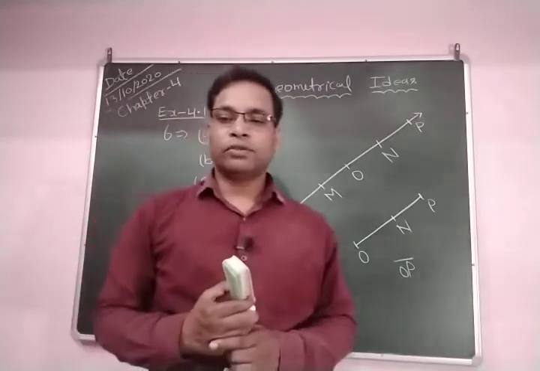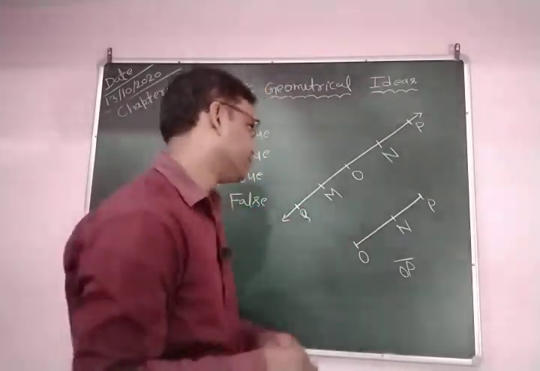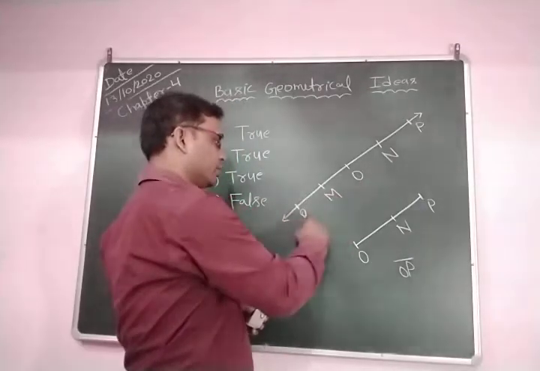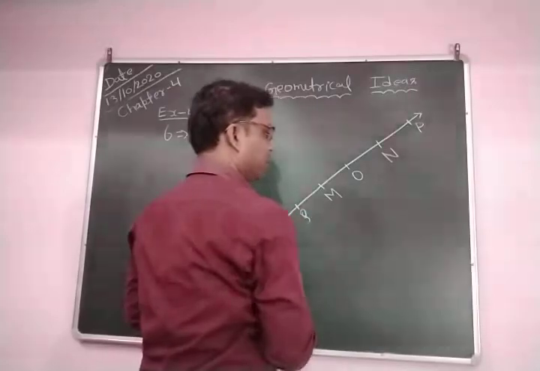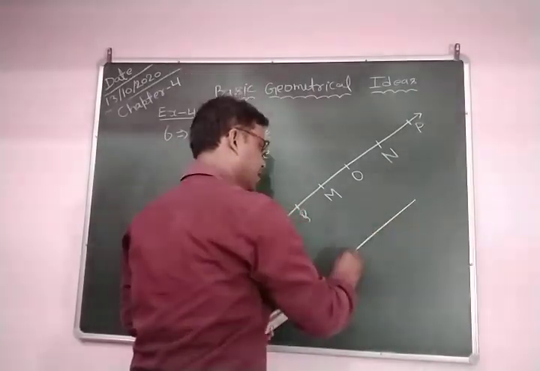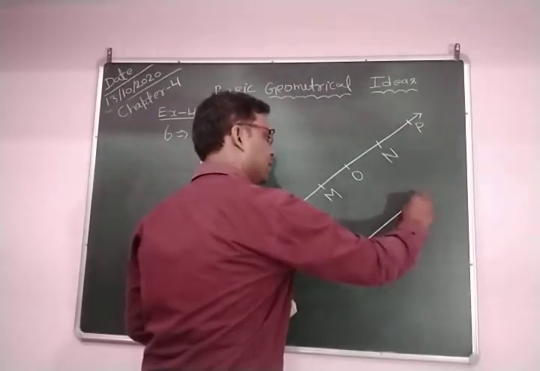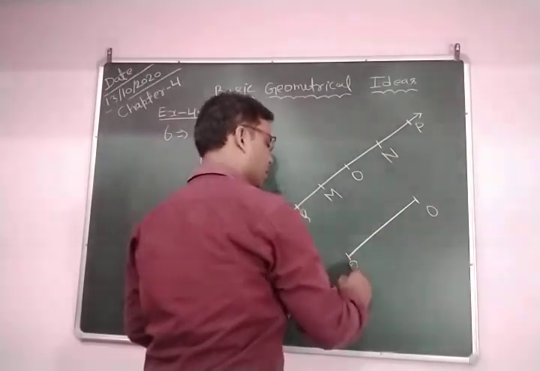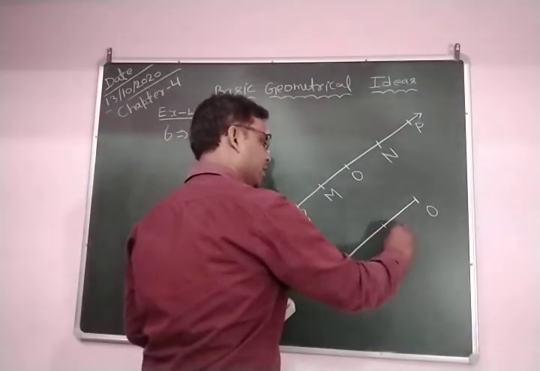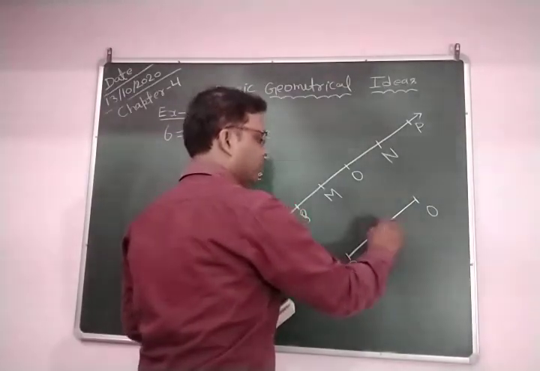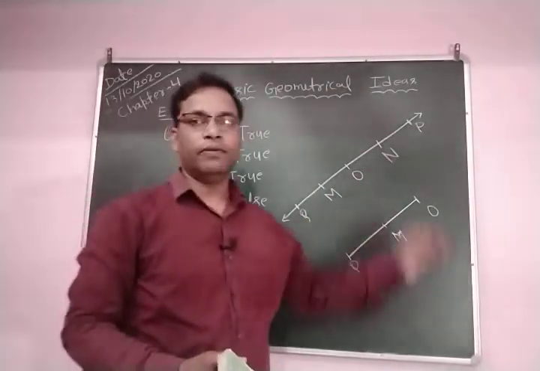Okay. So first we draw line segment OQ. This is O, this is Q. So we draw line segment OQ like that. Here point O, here point Q, and this is point M, anywhere between them. M is given according to this figure.